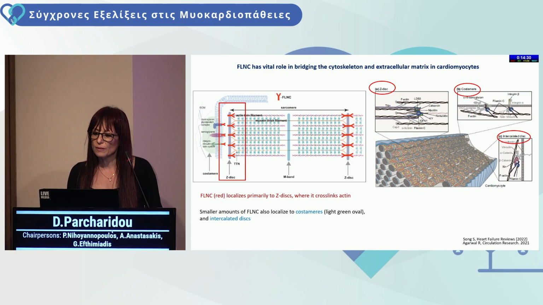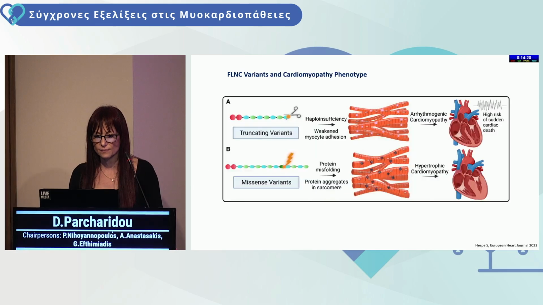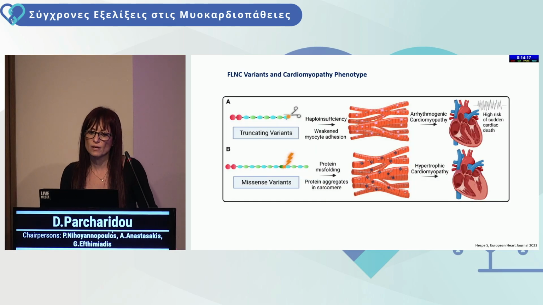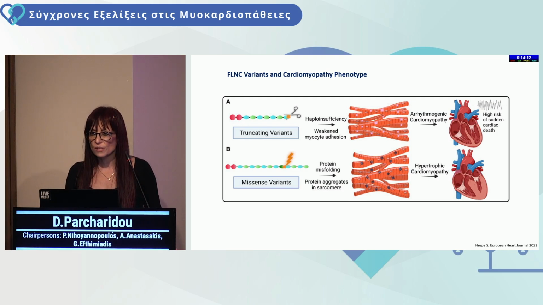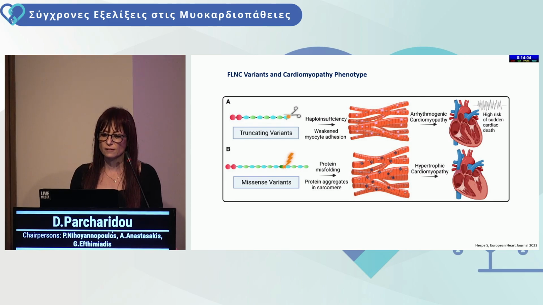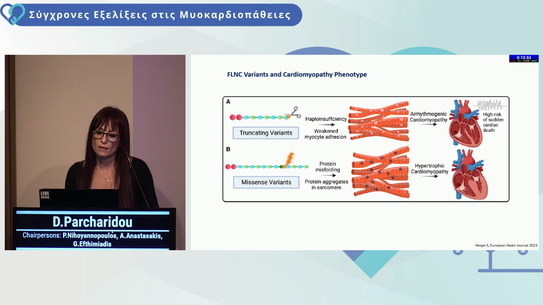The largest amount of filamin C is localized in the Z disc, where it can interact with actin, and in smaller amounts it localizes in the costameres and the intercalated discs. So, different filamin C variants can cause different cardiomyopathy phenotypes. Filamin C arrhythmogenic cardiomyopathy is a disease caused by truncating variants, which by haploinsufficiency can cause weakening of myocyte adhesion. Filamin C hypertrophic cardiomyopathy is a disease caused by missense variants, which via protein misfolding can cause a formation of